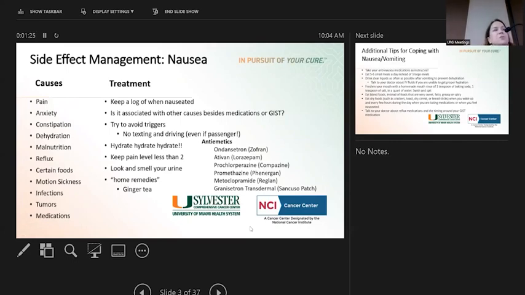So some of the things you might not think about contributing to nausea include pain. Poorly controlled pain can actually give you nausea symptoms. And by nausea, I'm not just talking about vomiting, right? We're talking about that queasy feeling, like your stomach's off, and certainly impacting appetite. Anxiety, depression, those can also cause nausea. So important to keep in mind